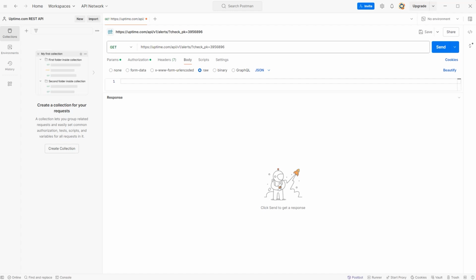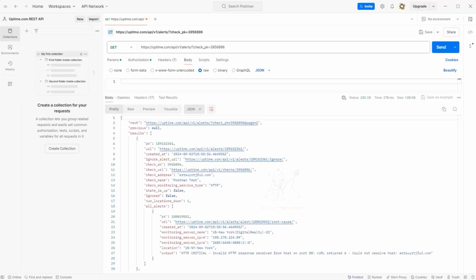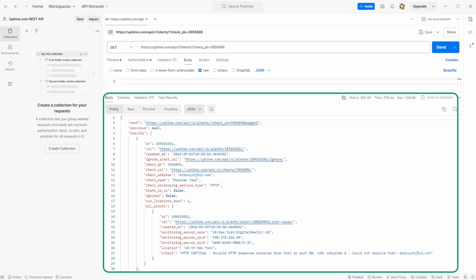Additionally, you will need to specify the PK or unique identifier for the check that you would like to see alerts for in the endpoint URL as a parameter. Once filled in properly, we can send this request as is. Since this is a GET request, there is no data to send to the server. Again, we can see confirmation that our request was successful once the response data has been sent back to us